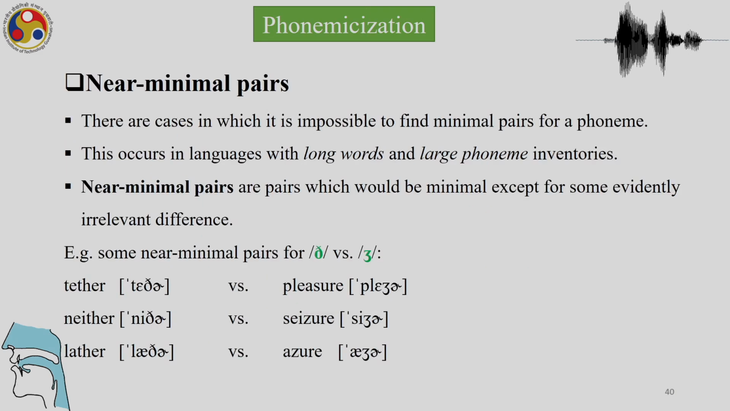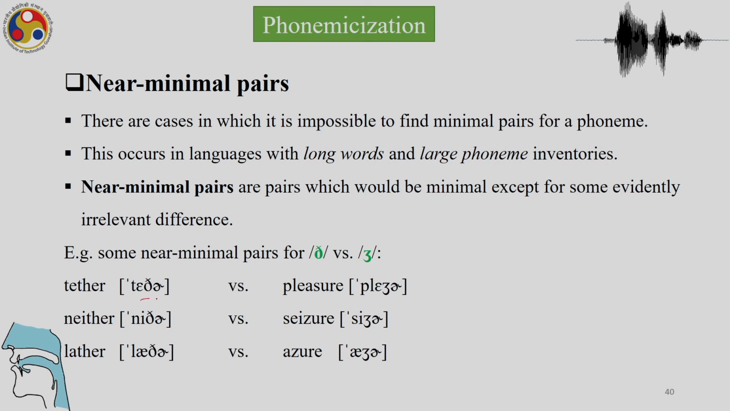Then in phonemicization, we also find near minimal pairs. There are cases in which it is impossible to find minimal pairs for a phoneme. And this occurs in languages with long words and large phoneme inventories. And near minimal pairs are pairs which would be minimal except for some evidently irrelevant difference. So some near minimal pairs for the two sounds: